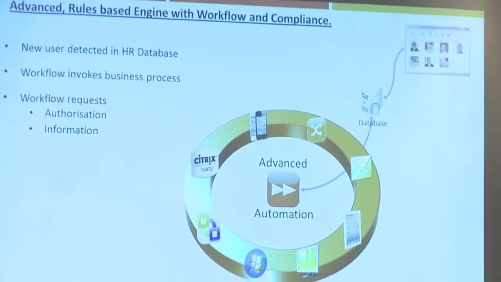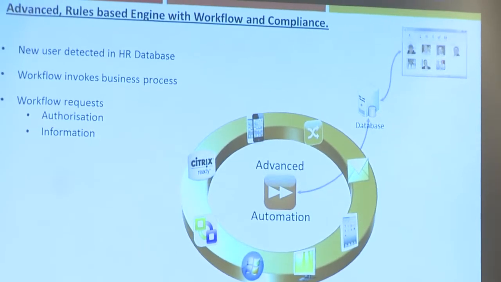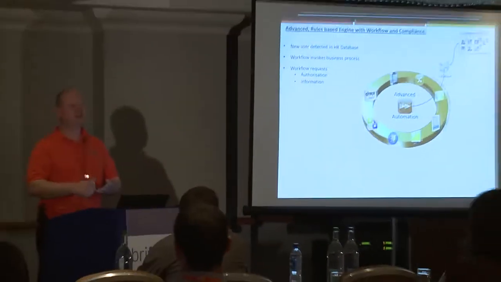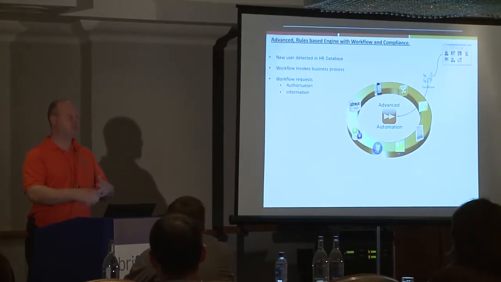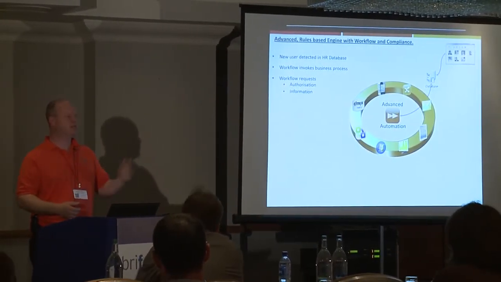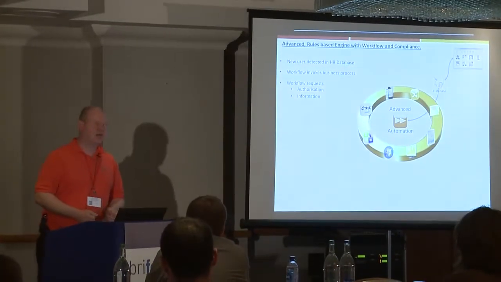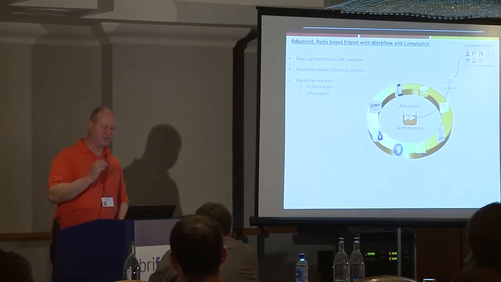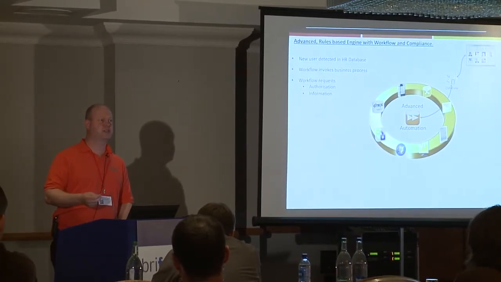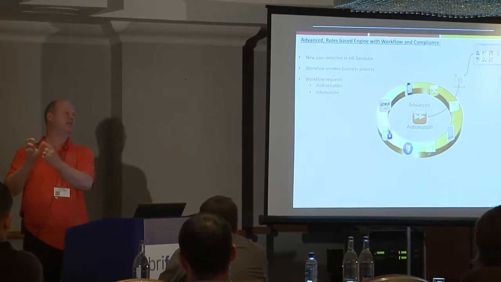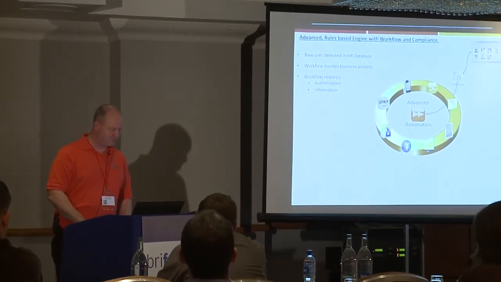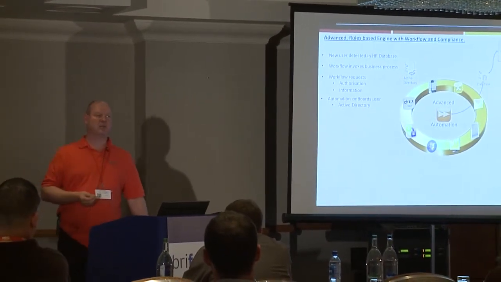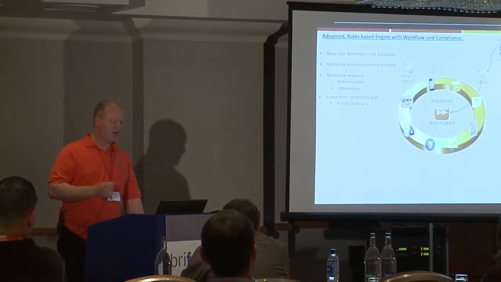So it's a rules-based intelligence system, so it's not just going to go to specific people necessarily. It could be go and ask a manager in a certain department with a cost center of X, and we'll ask those people, maybe in sequence, maybe all together. And if they don't respond within 10 minutes, go and ask someone else, etc. For the demonstration, I've not done authorization because it would take too long to show my iPhone and get that up on the screen. So assuming the authorization and information requests have come back, then I'm going to onboard that user